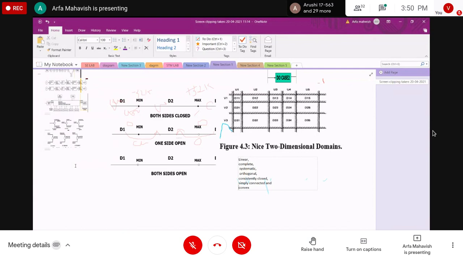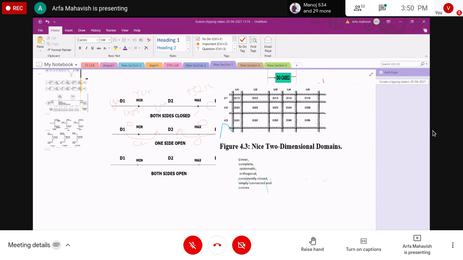Next we have the complete domain. In a complete domain, we should not have spaces, guys. If the domain has spaces, then it is not called a complete domain.